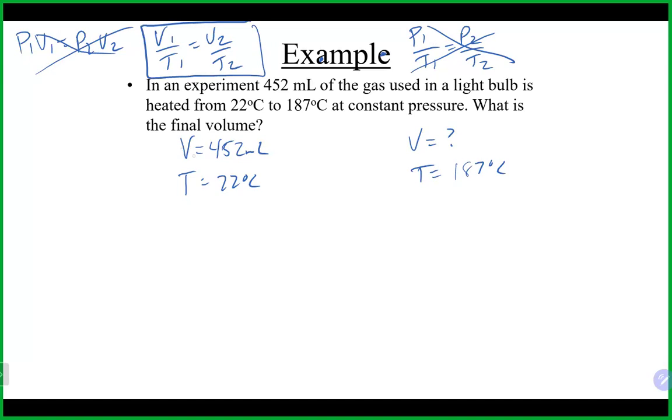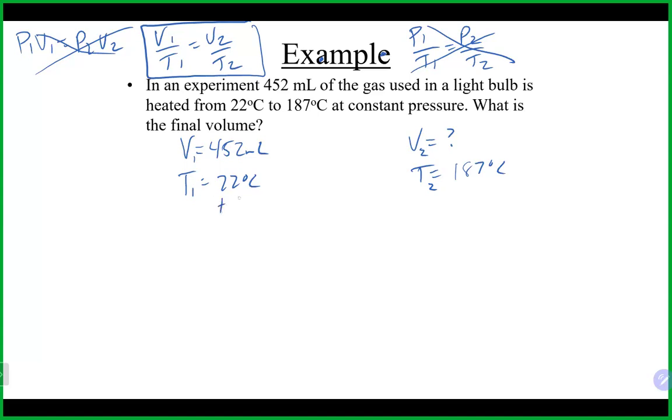Once again, as long as we keep the numbers together, it doesn't really matter which ones we call 1 and 2. So I'm just going to go in order of the problem here, 1s and 2s. I do have a little bit of work before I go into the formula. So once again, I see temperature. It should just be automatic on these.